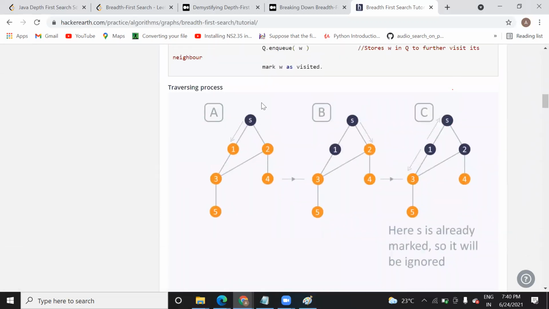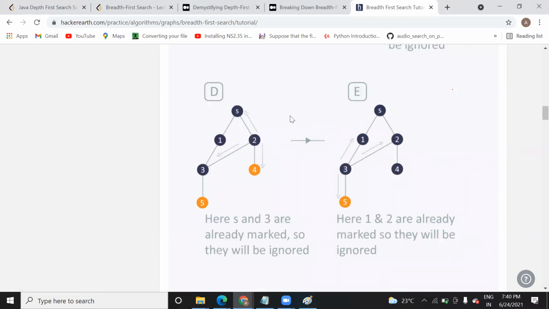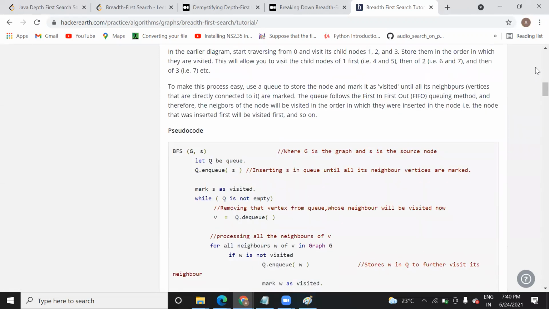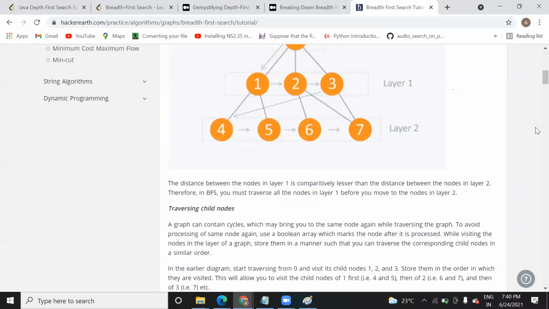So that's one. Okay, one we have removed. Okay, we start from S. Then S we come to one, and then one we come here.